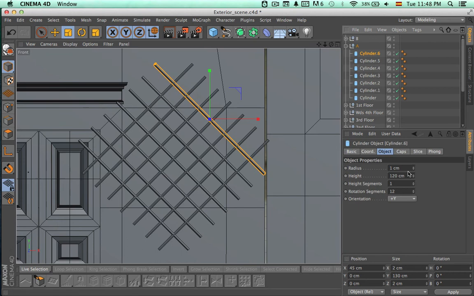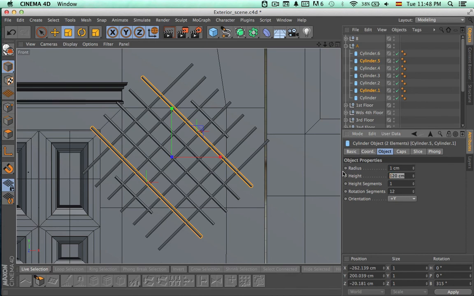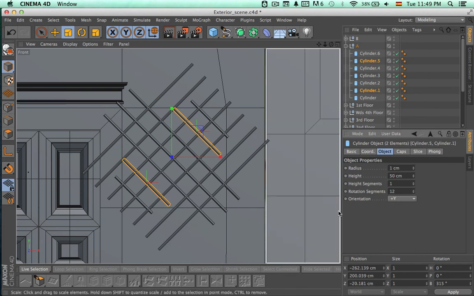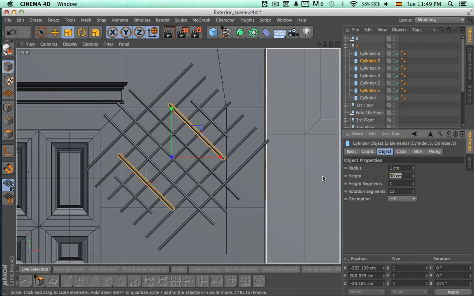So let's change that to 40, and the last one we are going to change to 40 as well, and we're going to select the next two ones, and let's try with 50 and maybe 60. Okay, 60, maybe 70,